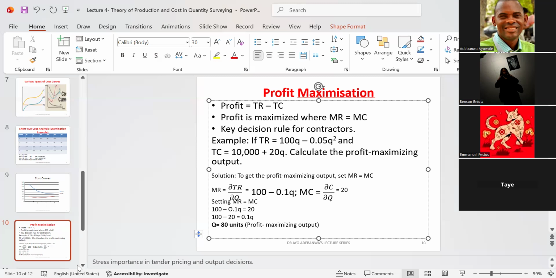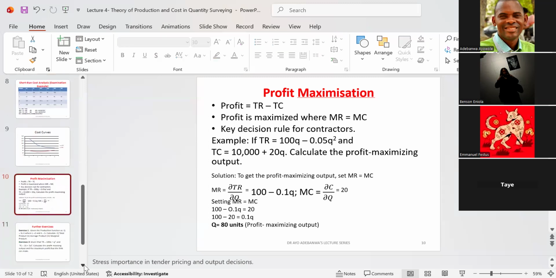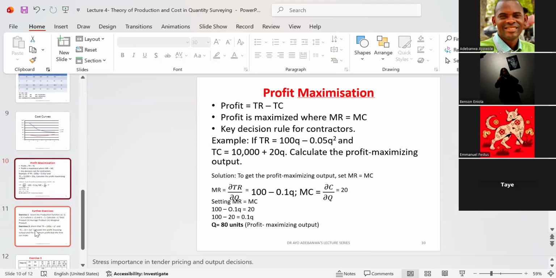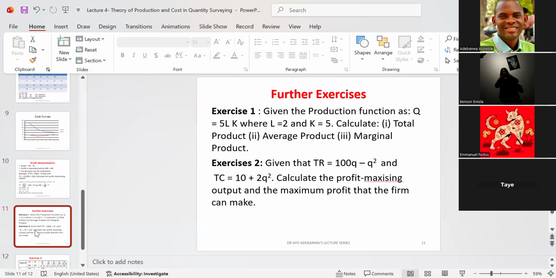Now I have just about 6 minutes more. Now let's look at slide 11. Slide 11, you have some further exercises there. Given the production function as Q is equal to 5L,